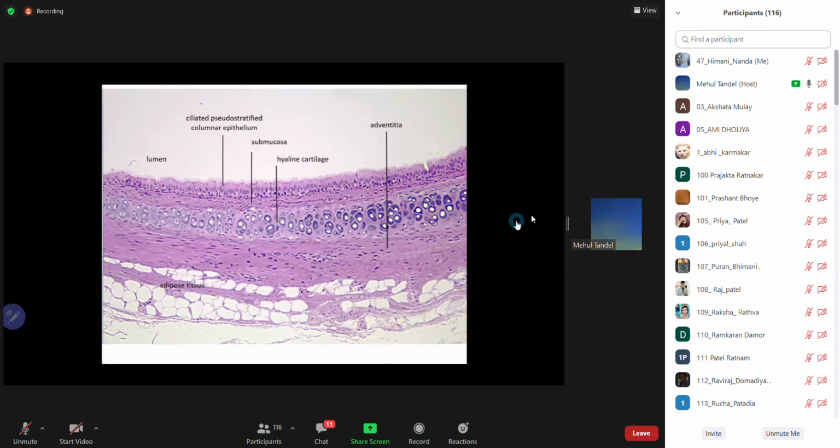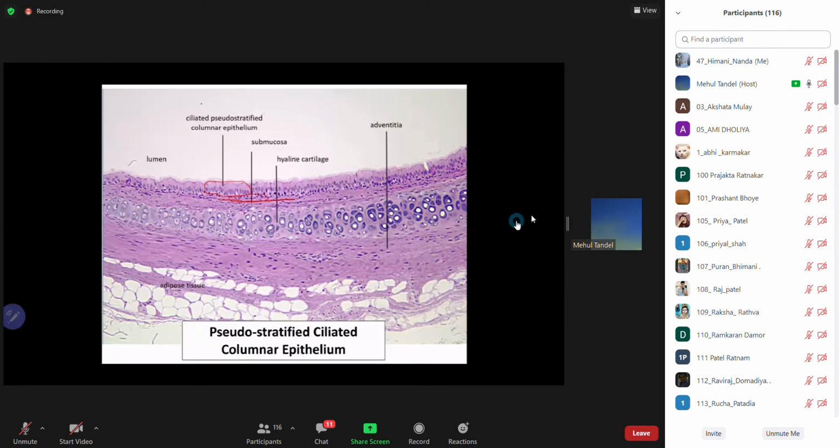Okay, here you can see nuclei are present at multiple levels. All cells do not reach the surface. See, the nuclei lie at multiple layers. Actually, it is a single layer but looks multi-layered. So this basal nuclei, actually basal cell, that is a stem cell, and the remaining are principal cells, tall columnar cells. Okay, so this is pseudostratified ciliated columnar epithelium.